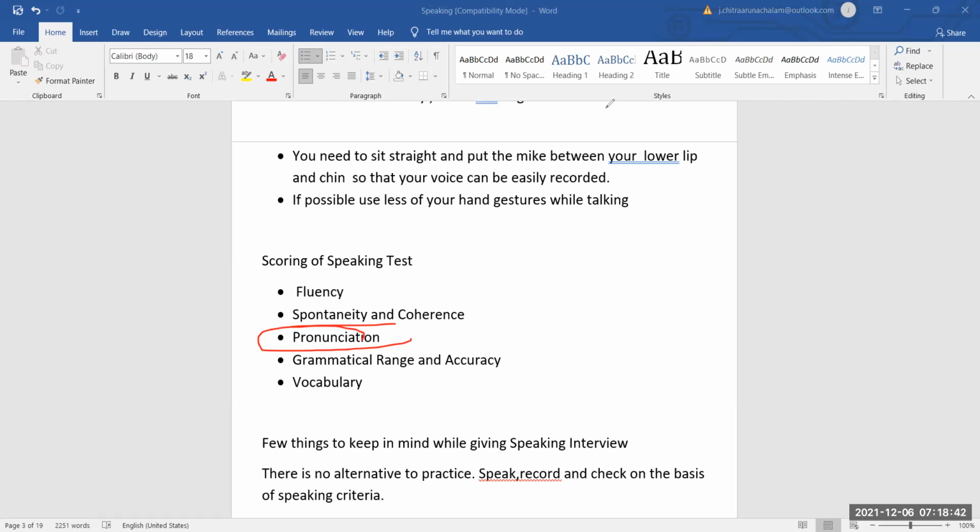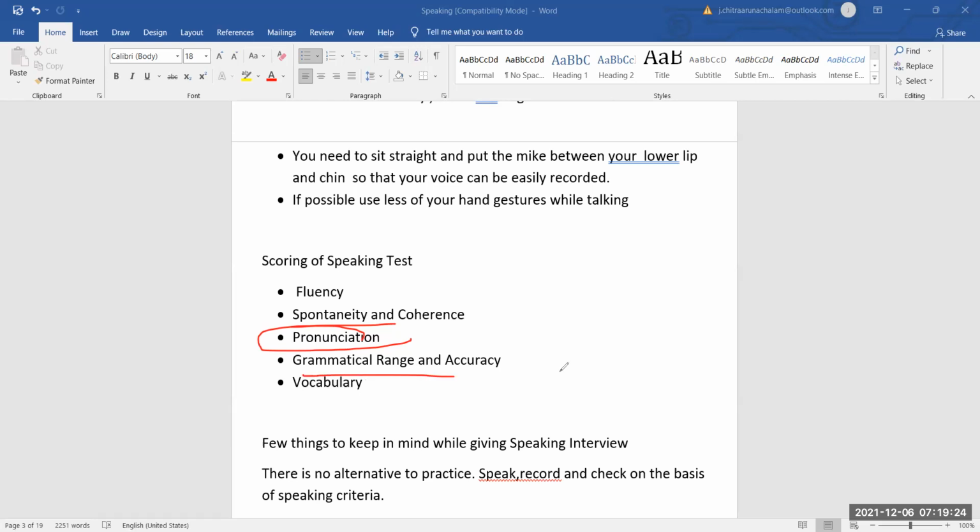And pronunciation, I told you, we must pronounce each and every word correctly. It's very important. And try to articulate, try to intonate. Intonation is nothing but the stress, the pause, the rise and fall. We must not be monotonous. If you are monotonous, then it would sound so boring, right? So make sure that you intonate, you articulate. For example, if they ask you to talk about the happiest moment in your life, then you are supposed to emote your feelings because you're talking about something related to happiness. So make sure that you pronounce each and every word correctly.